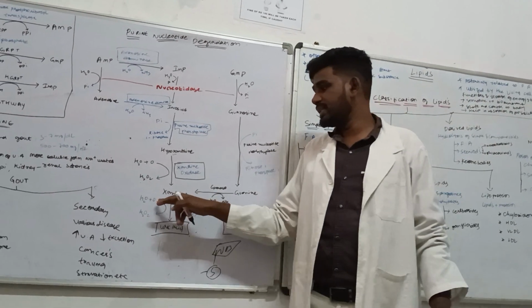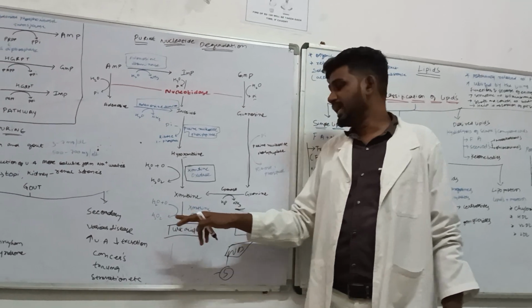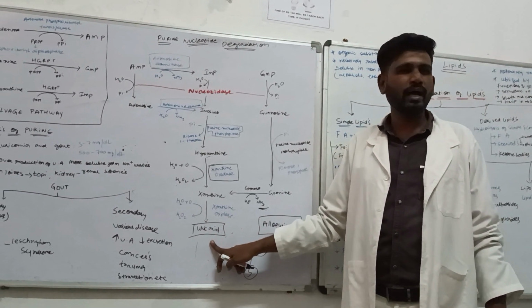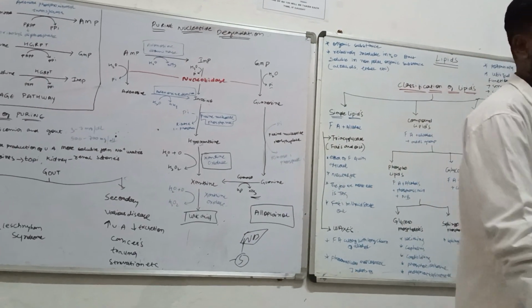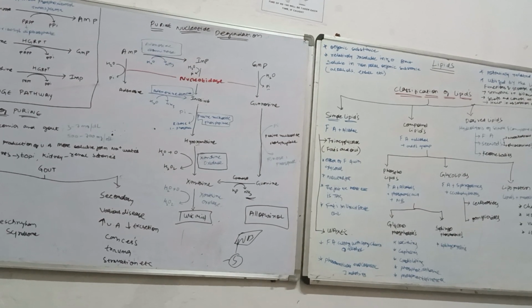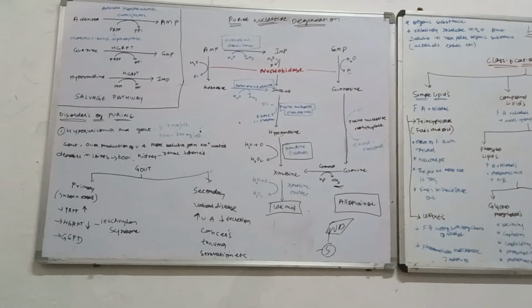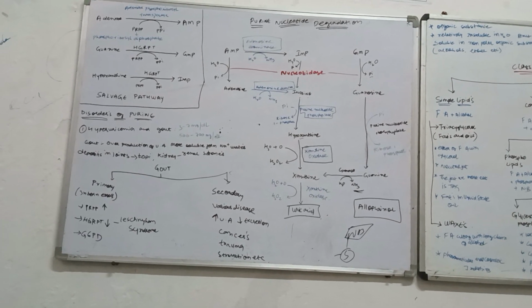Now this xanthine, again this xanthine oxidase molecule, oxidase by itself representing removal of oxygen molecule from there, oxidizing. So these oxygen molecules will work on that xanthine oxidase and turn that product into the final end product called uric acid. So we can say that the purine, when it undergoes degradation, at the end result they are going to get the molecule called uric acid.